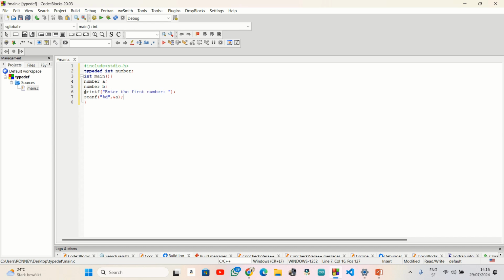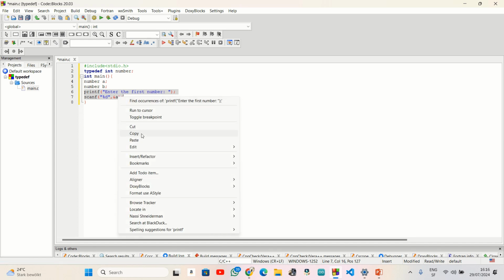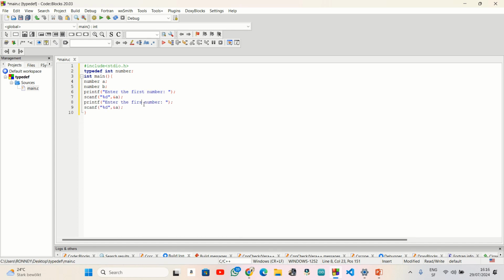Then I will copy paste this to avoid a lot of typing. So I just copy paste all of this, edit this a bit so this becomes second number. Then here I'll be using ampersand B because I'll be pointing to the compiler that the second number that has been scanned is actually the variable B. I would have declared a third variable called sum, but I want to declare it down here, so I'll just call it number. So number sum, then I initialize it to A plus B,